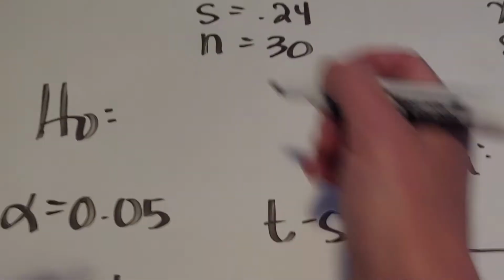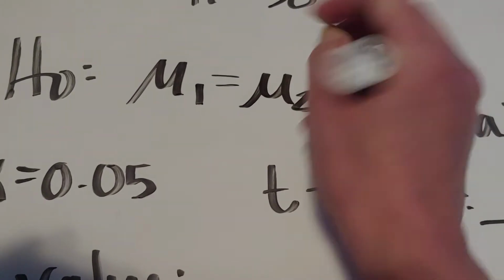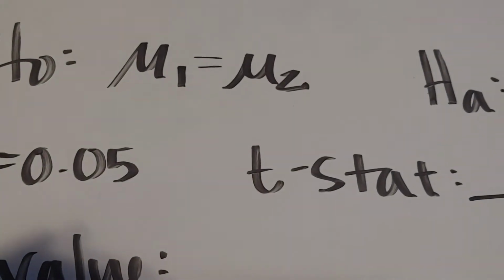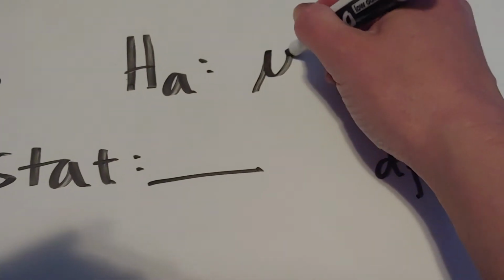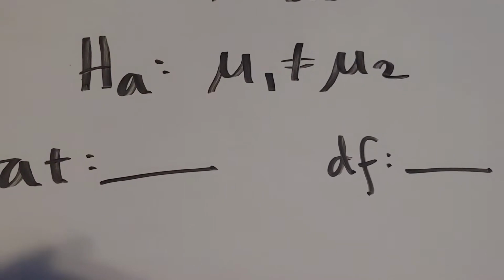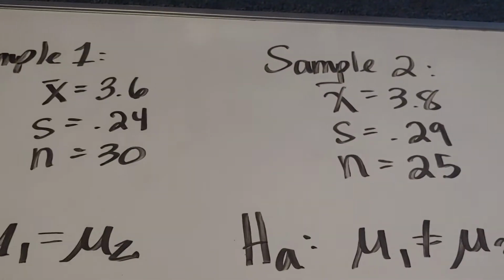Okay, so what I would have is my null is that they're equal. And I know that I'm using the mu notation. That's just the standard notation that is used. And over here, I'm going to say that they're not equal. Okay, awesome. The rest of this, I'm going to fill in from StatCrunch, but I've got to use that summarized